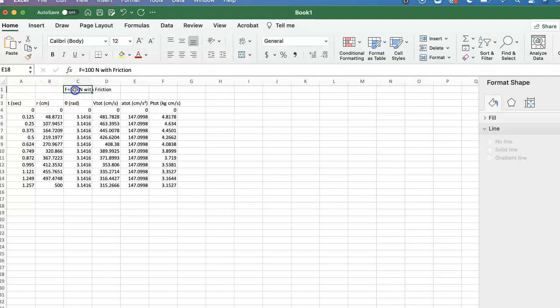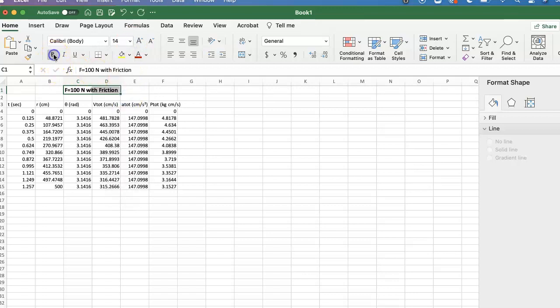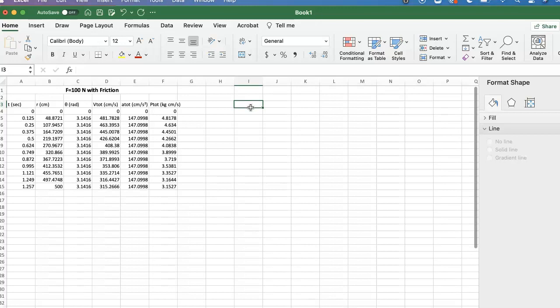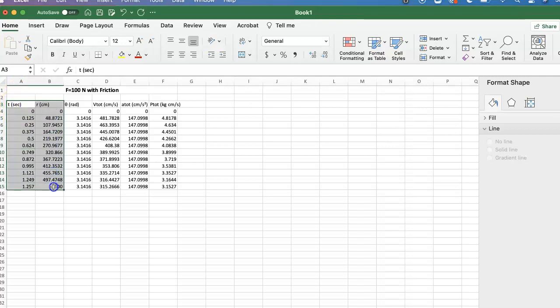Okay, and again that title is going to be size 14, bold, and then I will center and merge. Now what is required is that I graph 2 positions, 2 graphs. One of them is going to be position versus time,